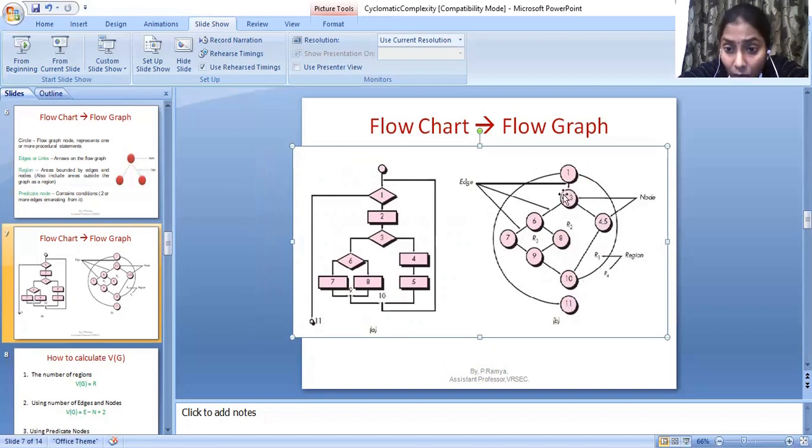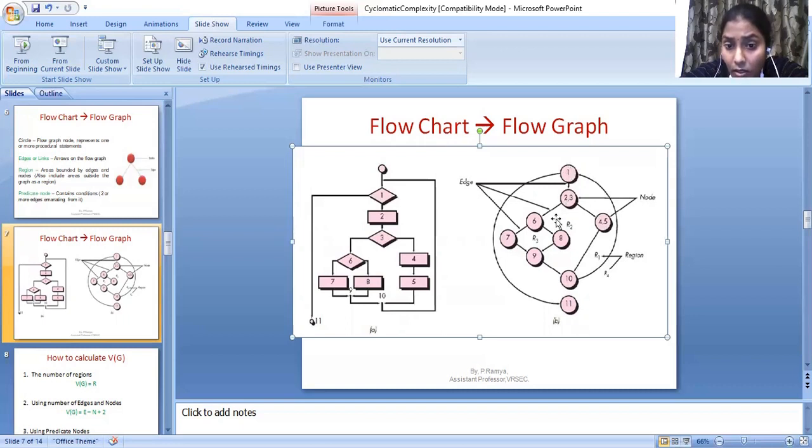Coming to the predicate node, see, this one is a predicate node which has a decision. This one is a predicate node which is again having a decision. And again, this one is a predicate node. So there are many predicate nodes. See, wherever the decision diamond symbol is there, that itself is a predicate node. So in our example, we are having three predicate nodes,